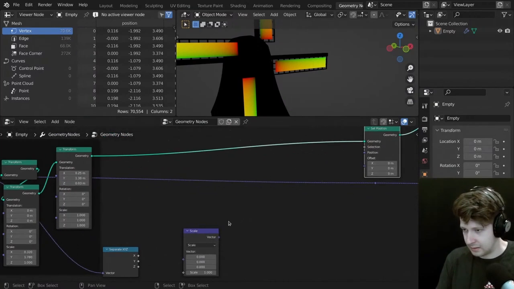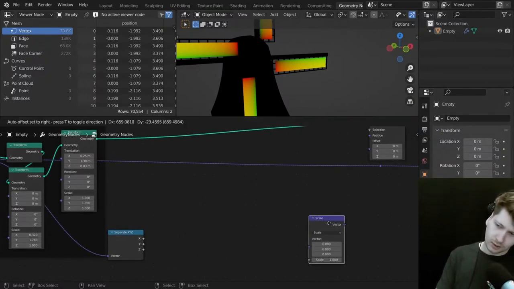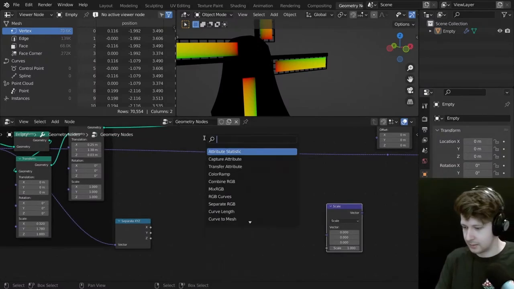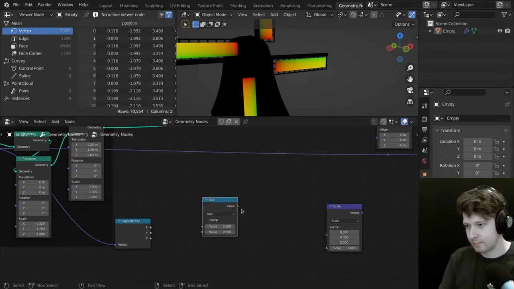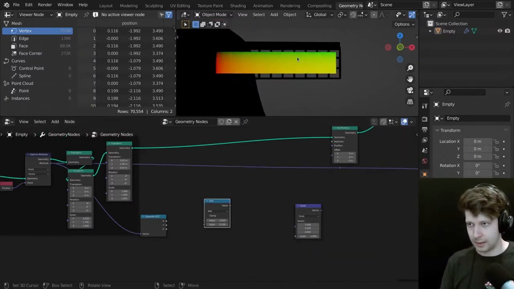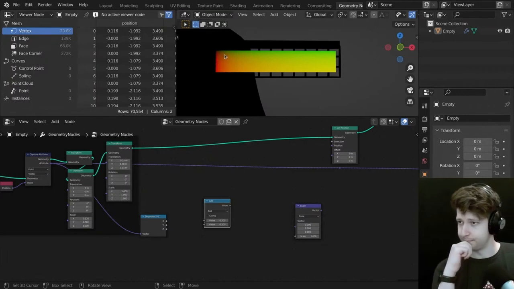Good. Back to the cloth. Now I need to make some masks. So, math nodes. Okay, now that I have a good look at this, you can see that